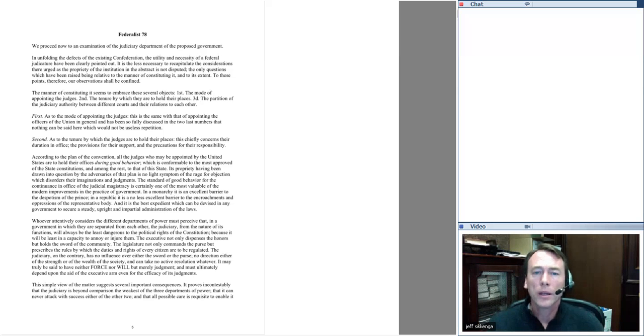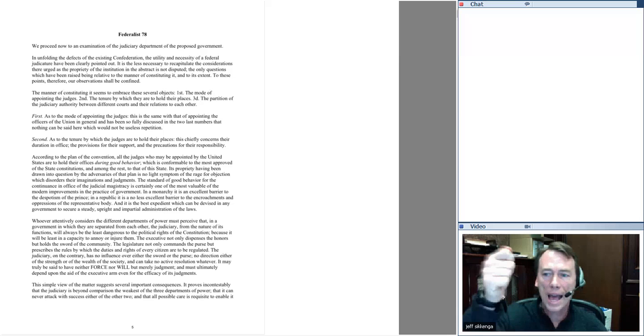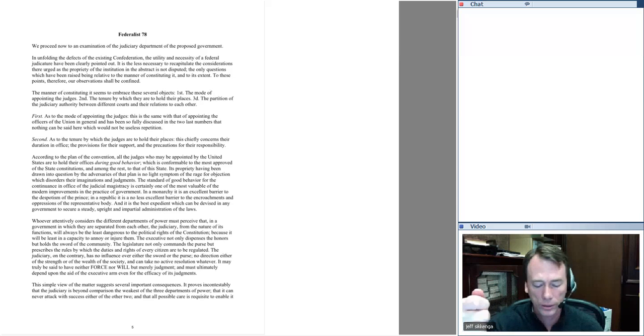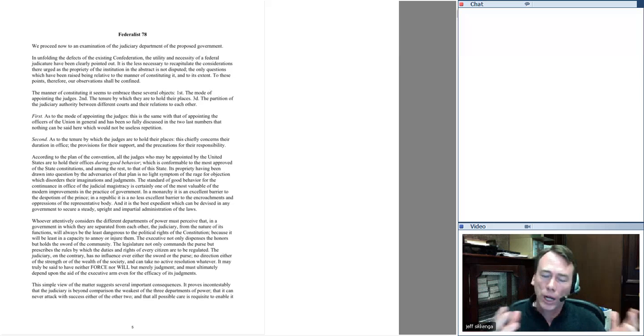And what Hamilton says here in Federalist 78 is that judicial review is really a shield, not a sword. It's really a shield to defend the independence of the judiciary. It's not a sword to hang over Congress and the president to make them do what the Supreme Court says they should do. And he says, well, why is that? Because you have to understand the argument underneath judicial review. And the argument, as he lays it out, is fairly simple.